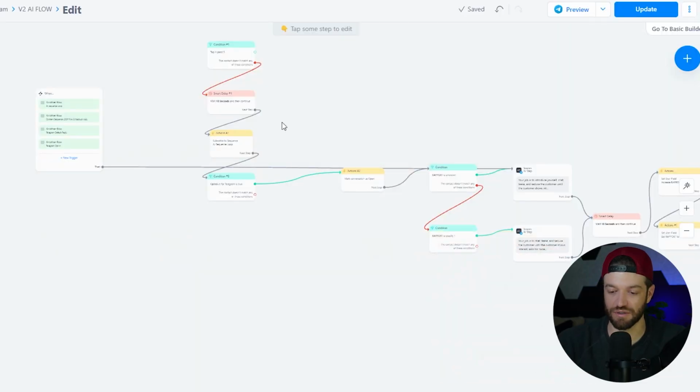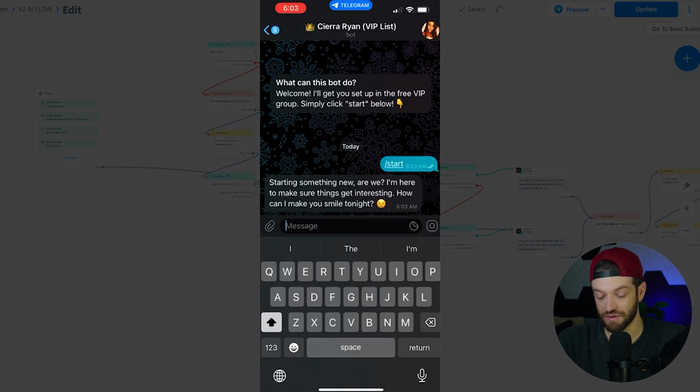This is a tool that you can use to build chatbots on Instagram, on Facebook Messenger, on Telegram, on WhatsApp, and others. For example, if I bring my phone up on the screen right here and I just test preview this flow, it says,